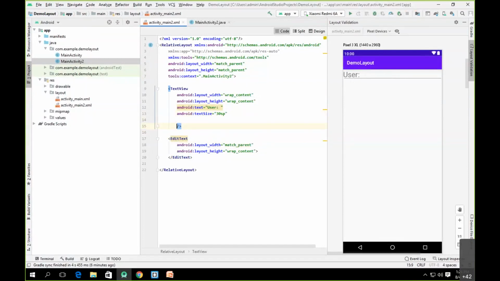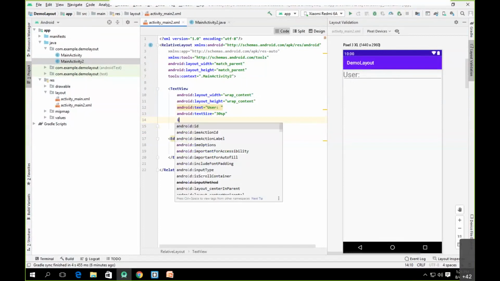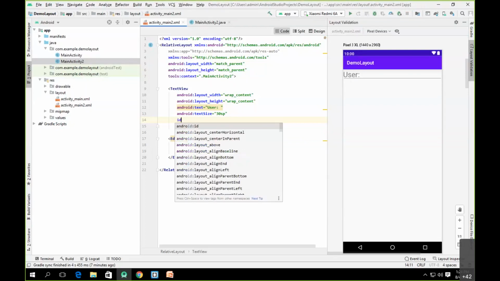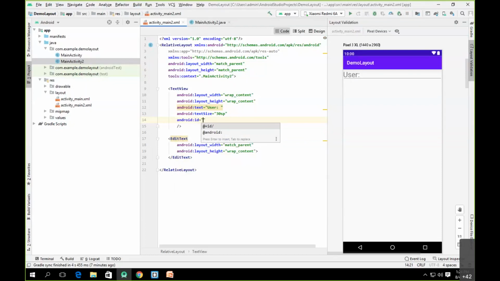Whatever control you are adding must be given an ID. Always remember, even if you are programming a simple application or a really big production application, every element should be given an ID. And how to give the ID?